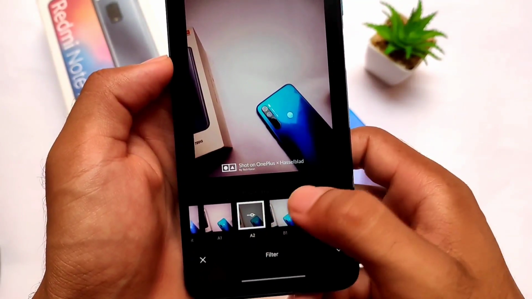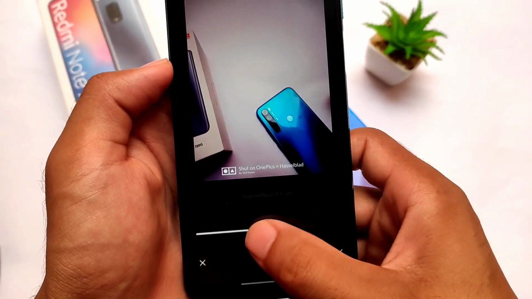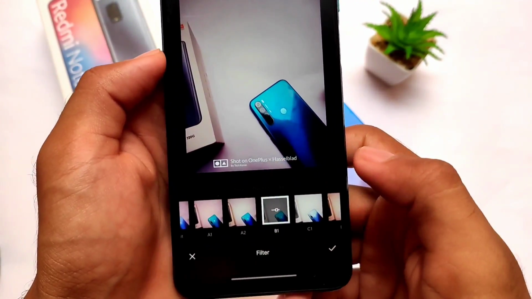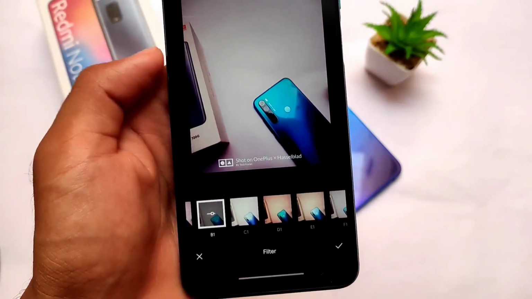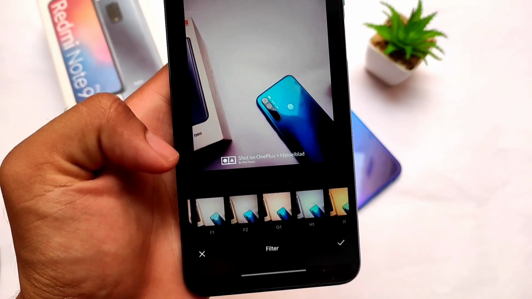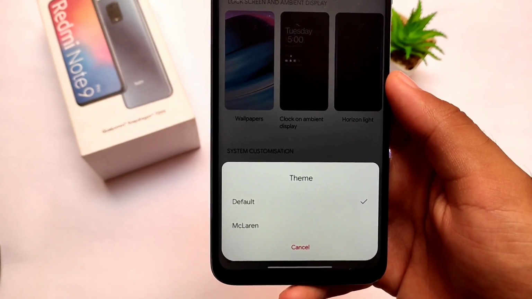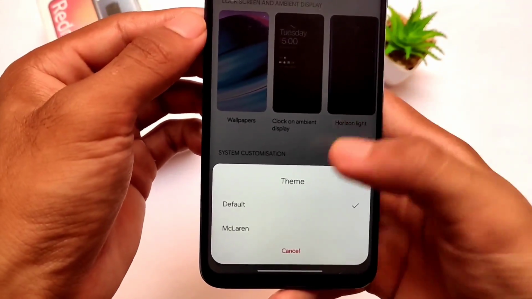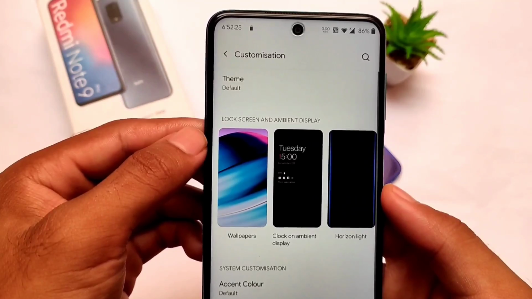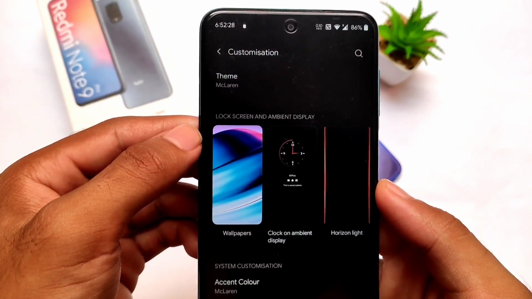By the way, this is OnePlus Gallery, and if you want to compare it with the MIUI Gallery, MIUI has better features in my opinion, and of course you have the option to choose the MIUI Gallery also. If you don't know how you can install the MIUI Gallery while installing this thing, I have a video. I'll share the video with you. It also includes the McLaren theme, and yes, it's actually quite interesting one. Why is the McLaren theme interesting?